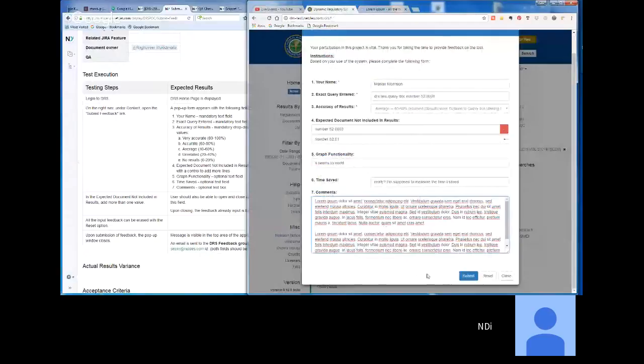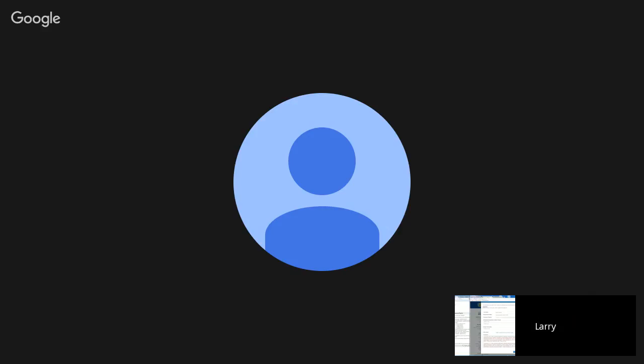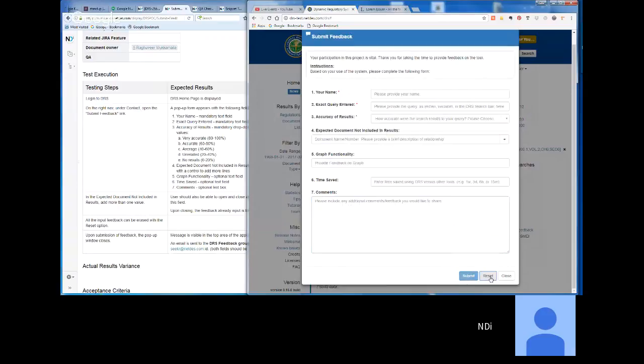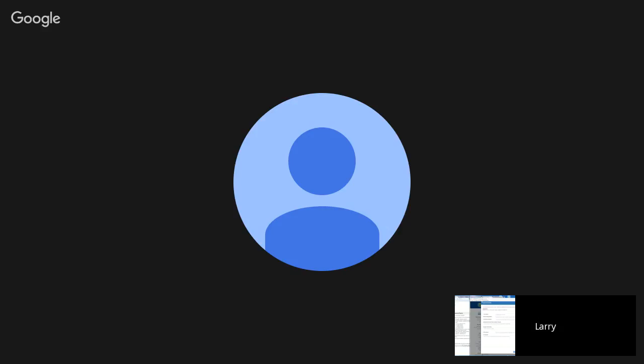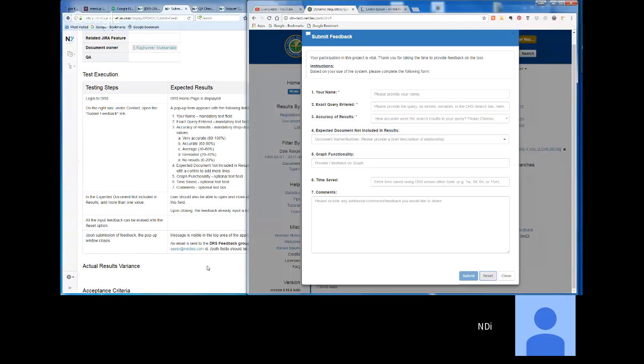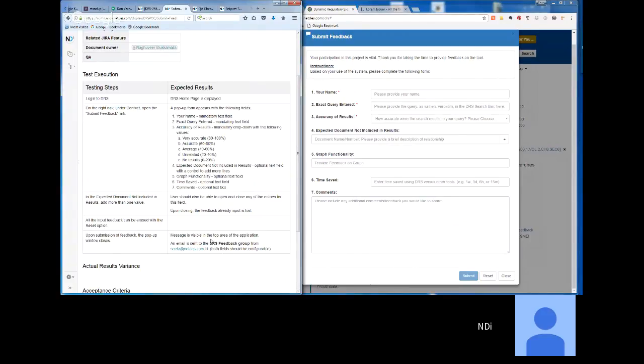Boom. So now that we've got it all filled out, what's the test? All the input feedback can be erased by the reset button. Reset. Yep, seems to work. Okay. All right, so the next one, message is visible at the top